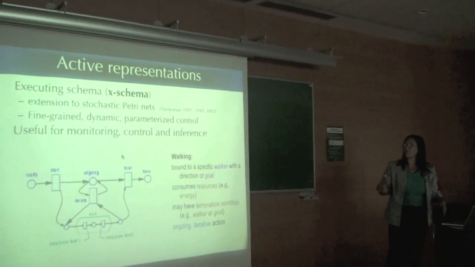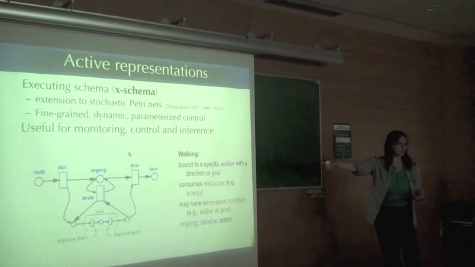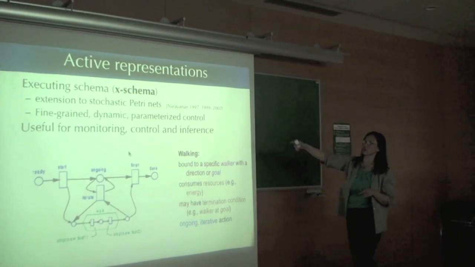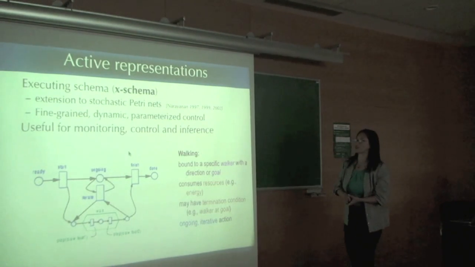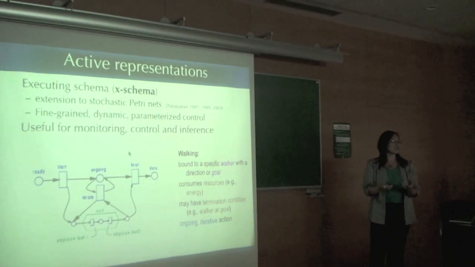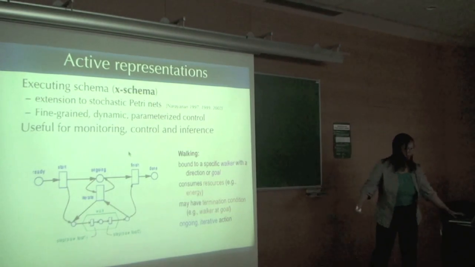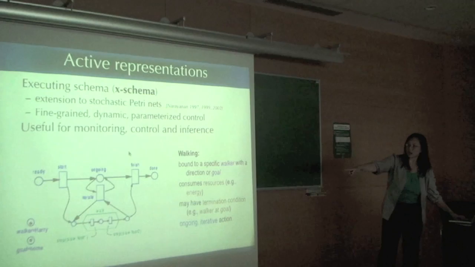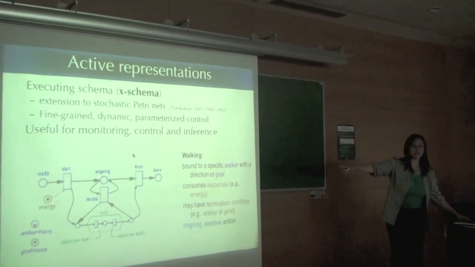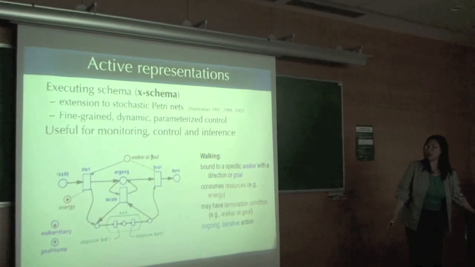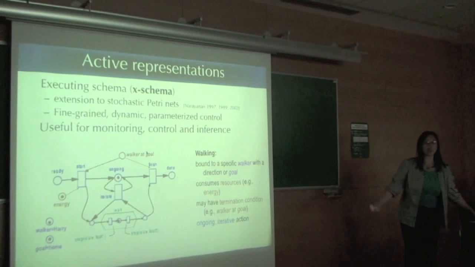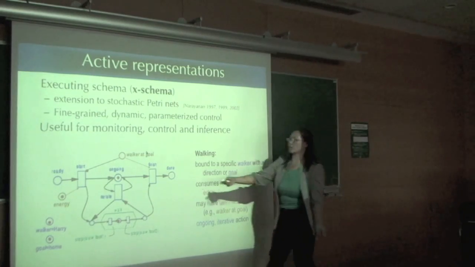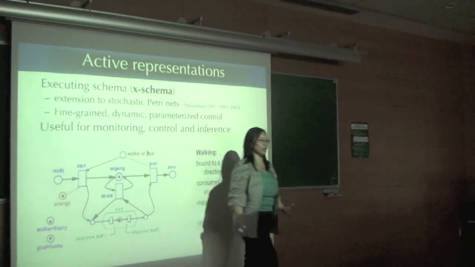Now this structure that is similar to what we saw is a formalism called executing schema, or XNet, if you're interested in it computationally, ask me afterward. The idea is that you can really use this to talk about what walking means. You can say who the walker is, that the walker is Harry, where he's going, the fact that he needs energy, the fact that he has a goal, the fact that it's currently ongoing as opposed to just finished, all the things that we said aspectual marking can do. If I say I started walking, then that means I just triggered the beginning of the walk.